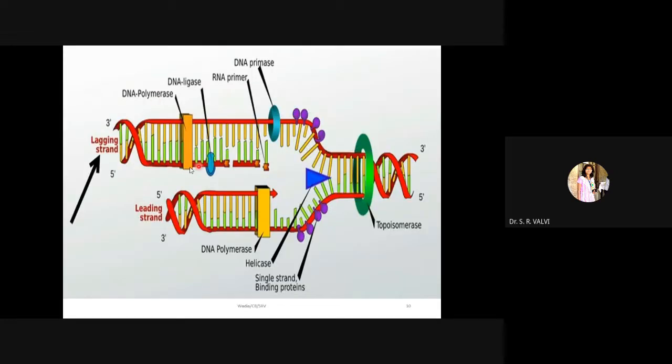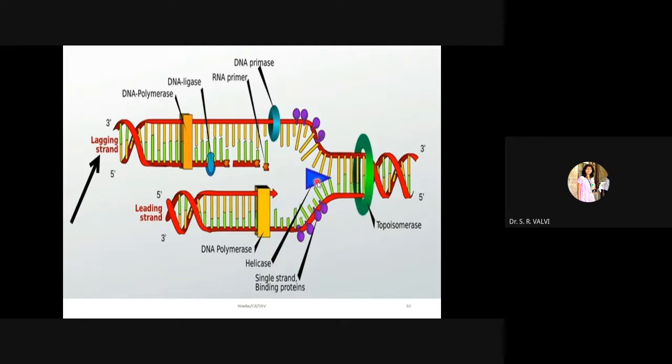So again, I have mentioned the points of each of these enzymes here in this diagram, where you can clearly see exactly how these enzymes are placed. The one strand is the lagging strand because it forms discontinuous pieces. See, this is the 1, 2, 3 discontinuous DNAs, hence we call it the lagging strand. Whereas in the leading strand, we observe a continuous strand, right? And in yellow color, you can see DNA polymerase, here in the upper one and here in the lower one.